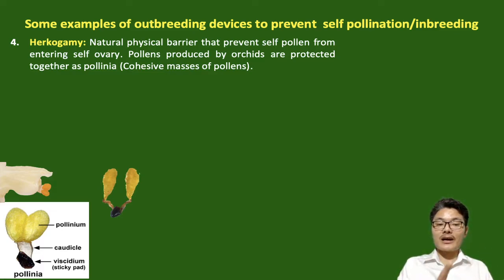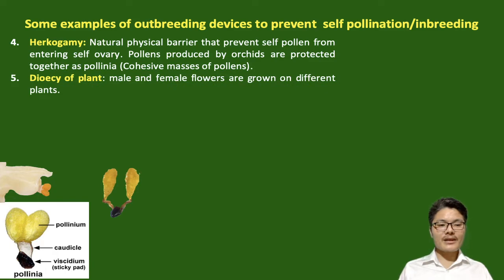Heterostyly is also a kind of herkogamy. In heterostyly, there is separation of anther and stigma on the basis of difference in length of the style. So herkogamy is physical separation of pollen grains from the ovary. So self-pollination is prevented, and we have already discussed heterostyly, which is also a kind of herkogamy. Now the fifth